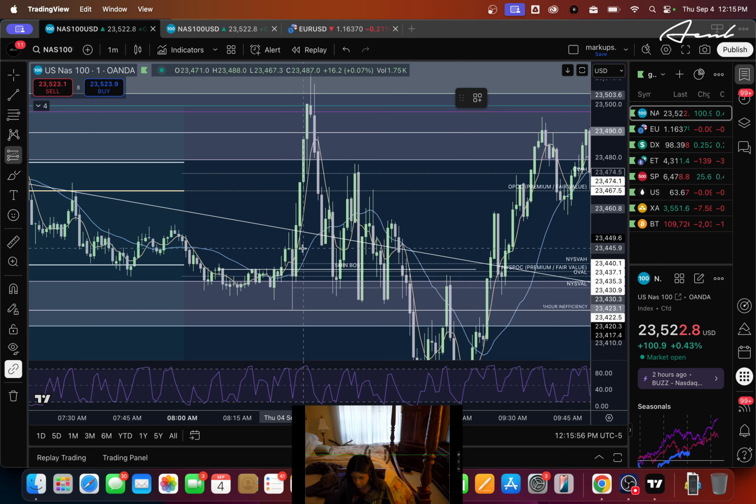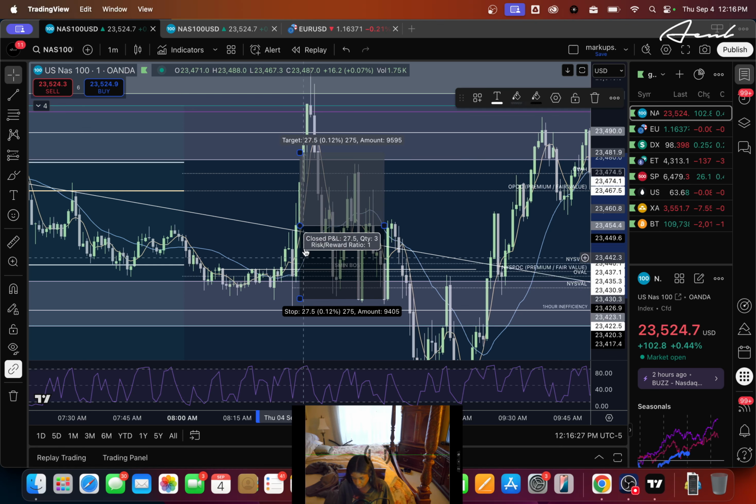Then we had a retest of that close. It didn't come all the way down to the 5-minute break of structure. Well, I guess it kind of did retest that 5-minute break of structure, but I got into the trade right here. After we got a close of this, price retested the break of this 5-minute trend line, and then I got in right here. I actually did not get in on that wick down there. I got in right above the 5-minute